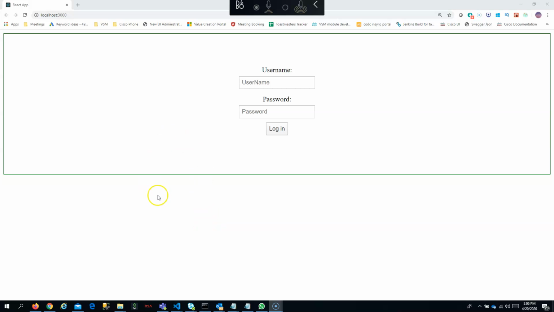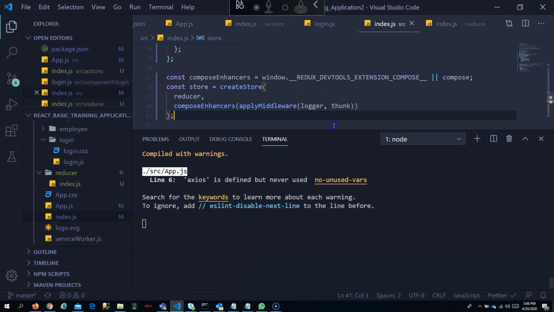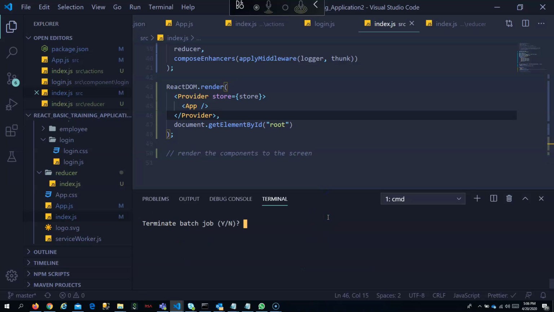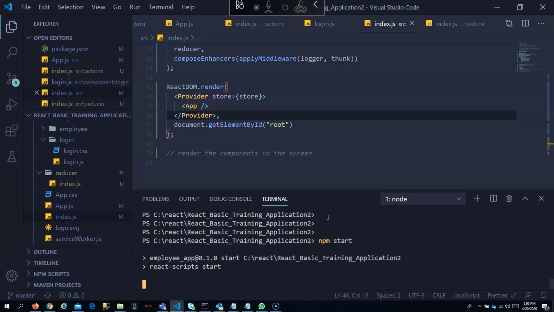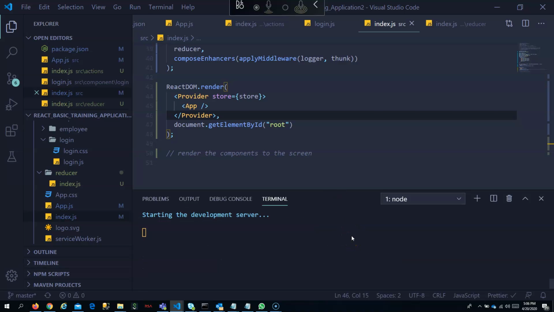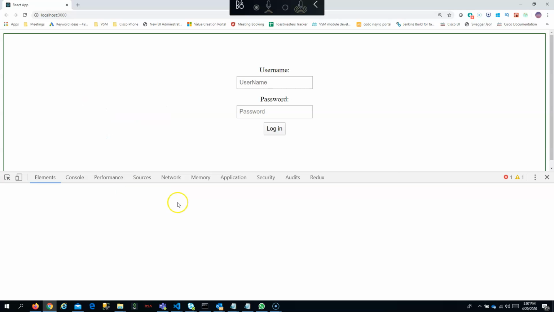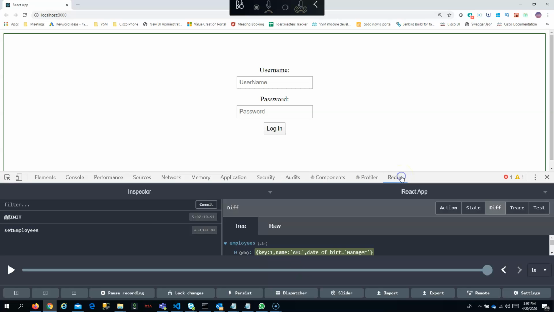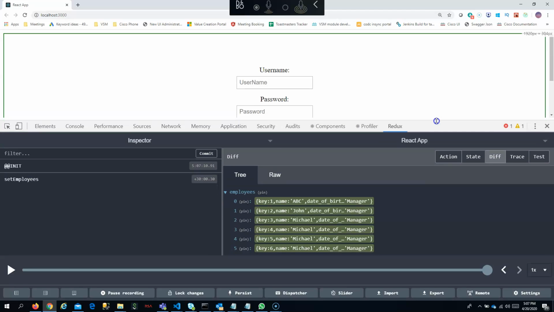The other step you have to do is restart your application. Once you have added all the steps, you just go here and restart your application. Maybe we missed that. You just restart the application and wait for it to load. Once restarted, you can do inspect and go to Redux here, which is mentioned in the development tools. Once you go there, you should be able to see all the store which is available.